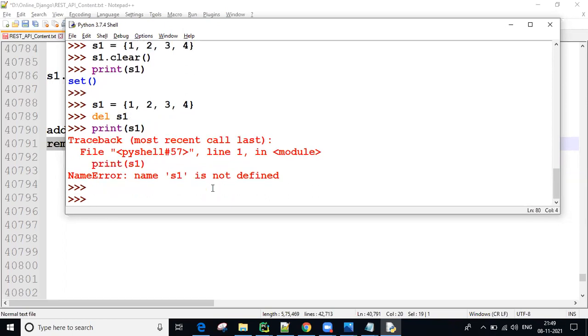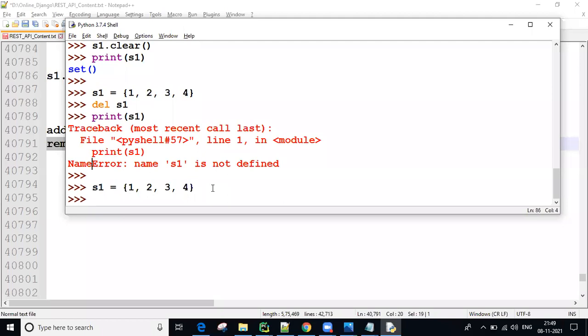Now my question is, can I write like this, del s1 of 0? Is it possible?